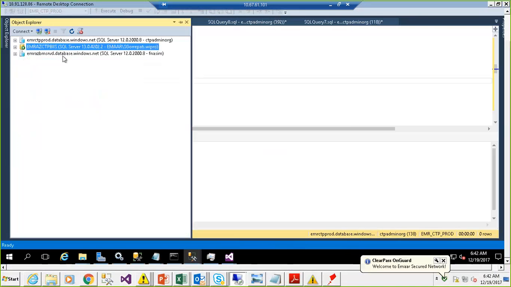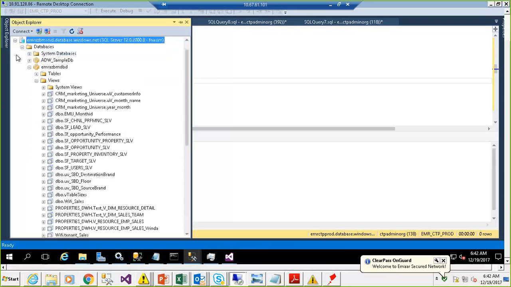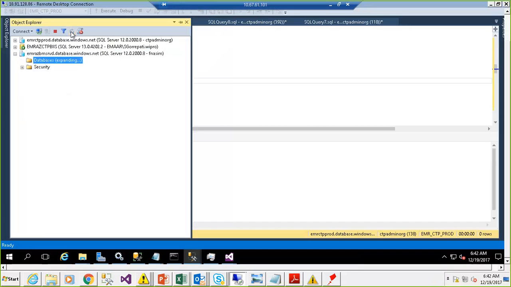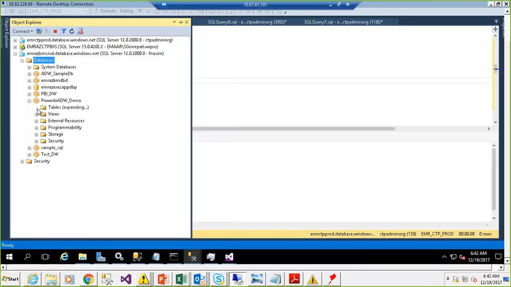You can see that this is the server that I created, and you are not able to see the database that we created. Refresh it. You are able to see that, sorry, the Power BI ADW demo. There is a data warehouse, and you can see the tables